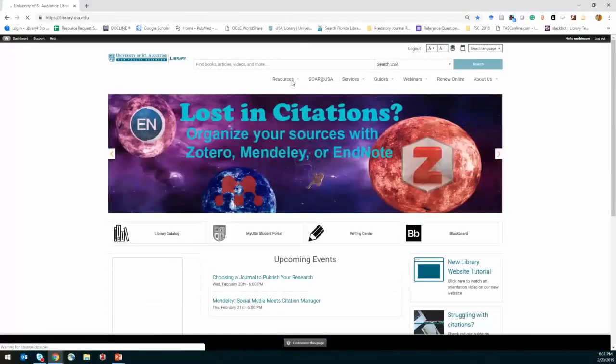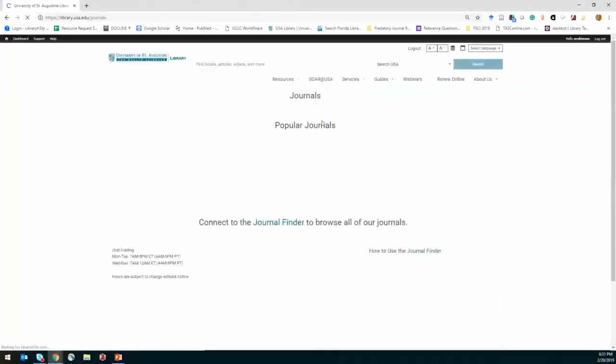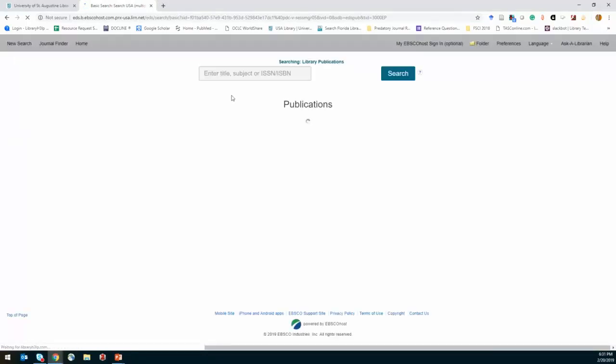It's not exactly geared toward that, but if you go to journals here, there's a page that has a journal finder. This is all of the journals within our EBSCO package databases, and you can search those titles, but those titles also have subject heading listings.